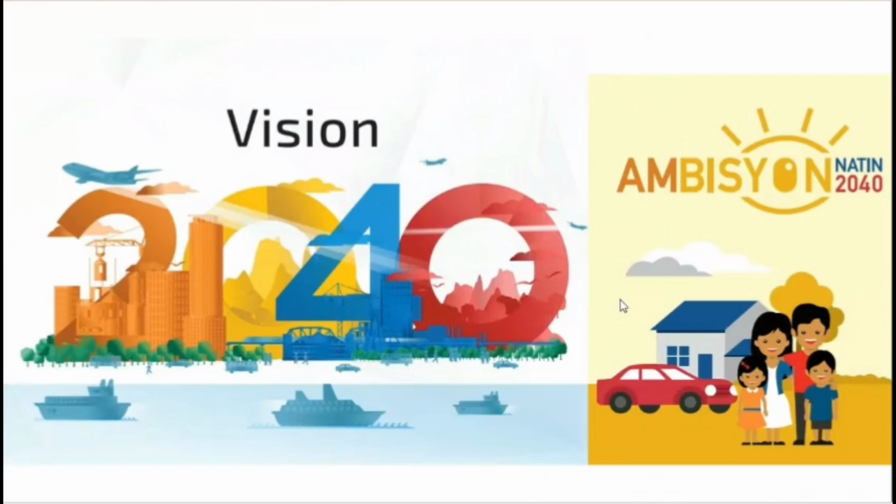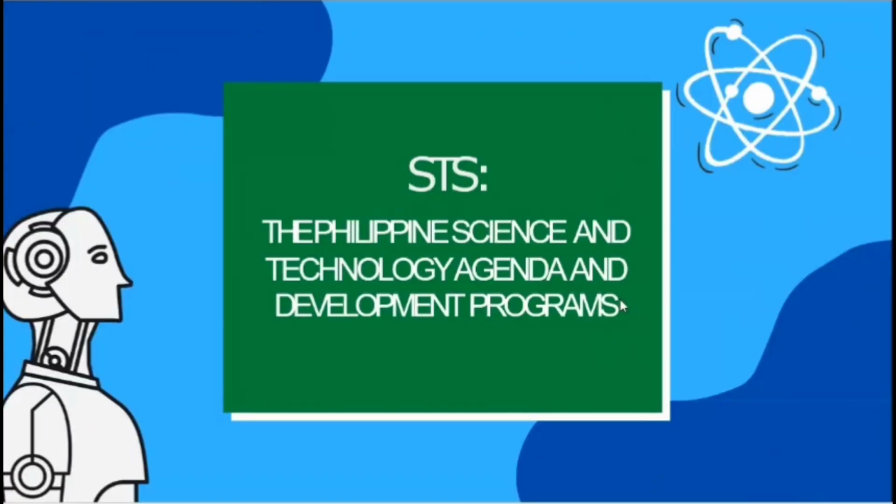Our professor pointed out that the year 2040 is a visionary goal for the government to improve and develop the nation, which is known as Ambisyon Natin 2040. The government's task here is to develop the nation through comprehensive means like socio-economic development, political stability, national security, and scientific development. The lecture I will tackle is the Philippine Science and Technology Agenda and Development Program,